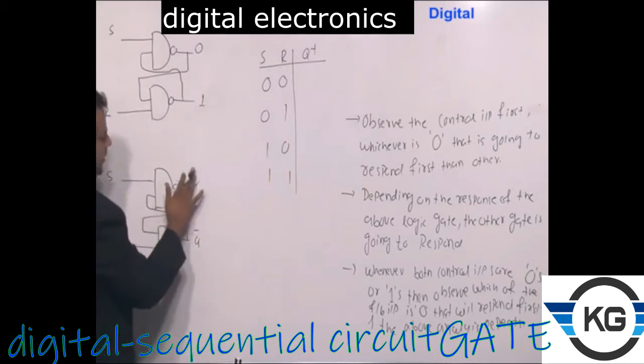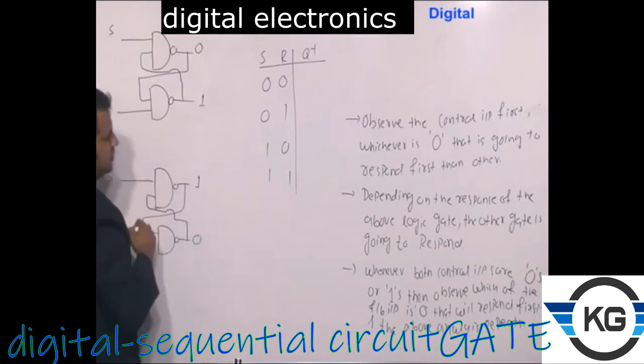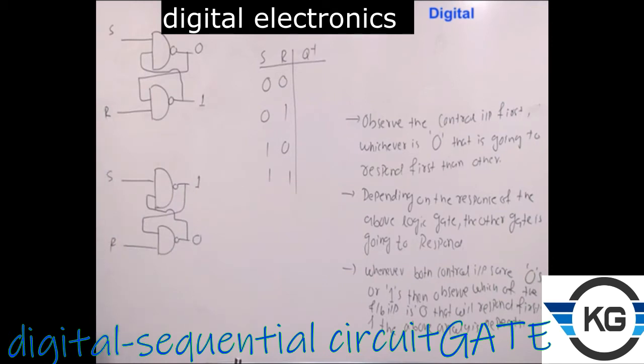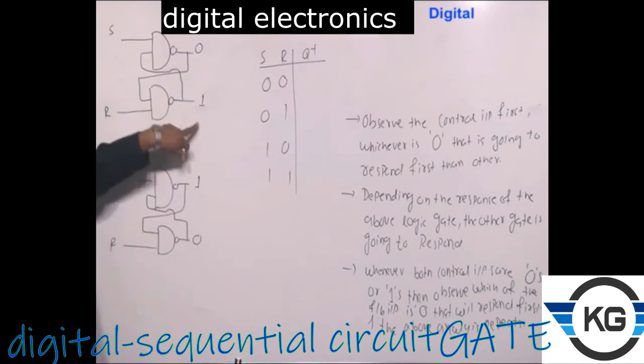What is the other possibility? Q can be 1. If this is 1, then this is 0. Why am I going this way? The reason is I do not know the exact state, so I am assuming the possibilities. Because Q can have 2 values, 0 and 1, and these two are complements, Q bar can have 2 values, 1 and 0.